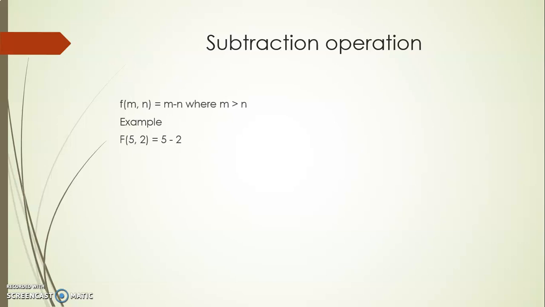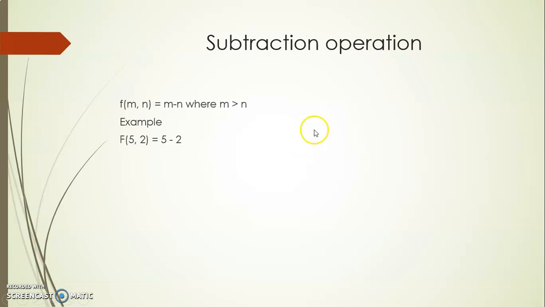Why? When I have two operands, say m and n, the sign of the result depends upon the values of m and n. If m is greater than n, then the output is positive. If m is less than n, then my output is negative. So here we are going to concentrate only on the condition where m is greater than n. We need not worry about m less than n. One simple thing we can do is that when m is less than n, we can make everything in the input tape blank. We'll come to that later. Now we'll assume that m is always going to be greater than n, right?